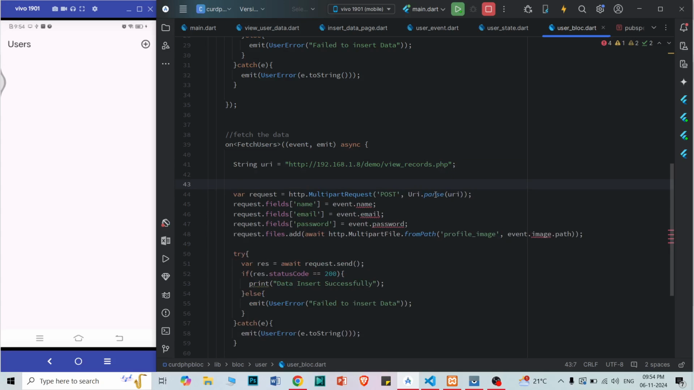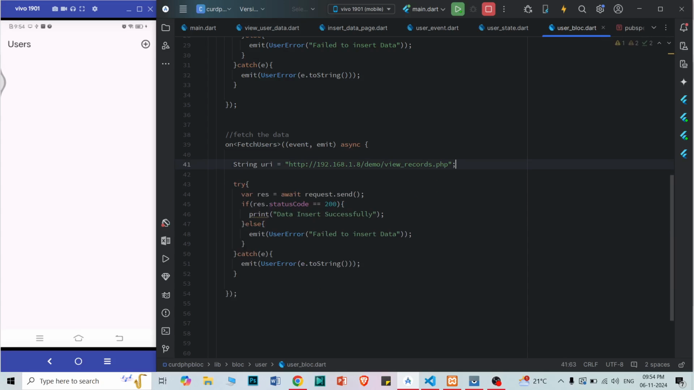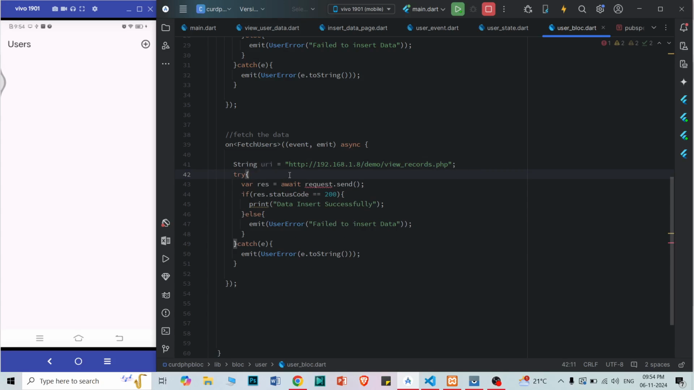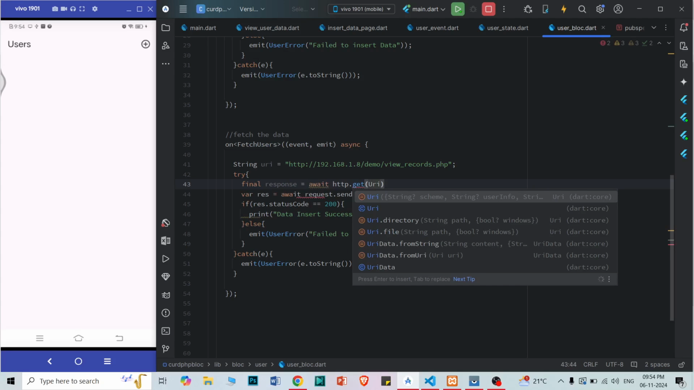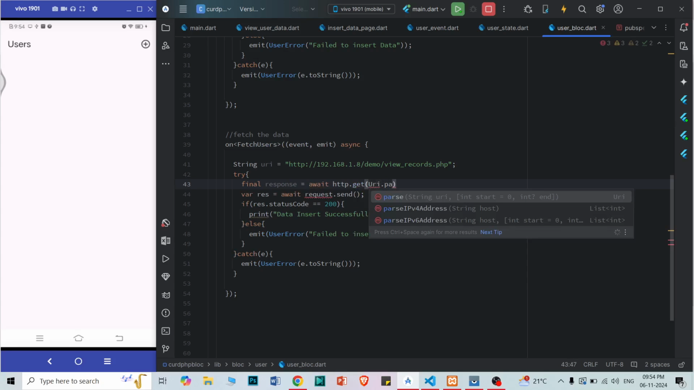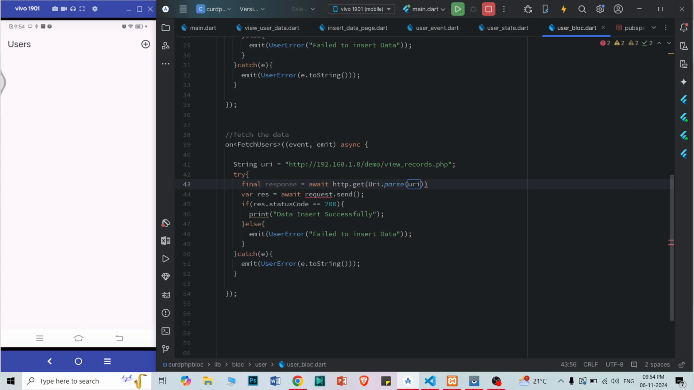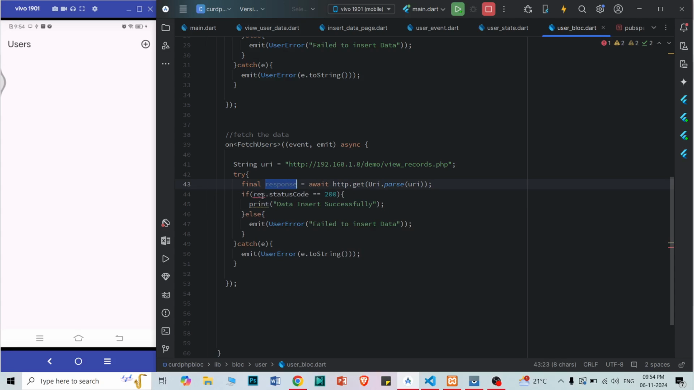Just do one thing, I just remove this. So inside try, final response, await http.get, URI.parse, and that will be the URI. If response dot status code equal to 200, then we